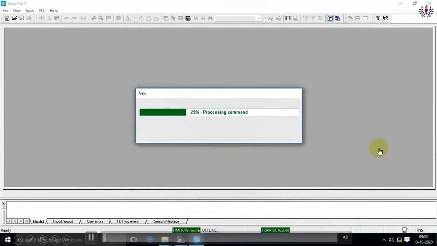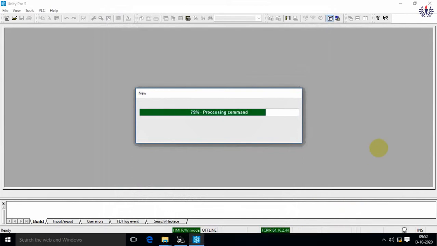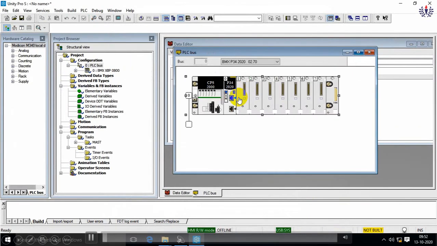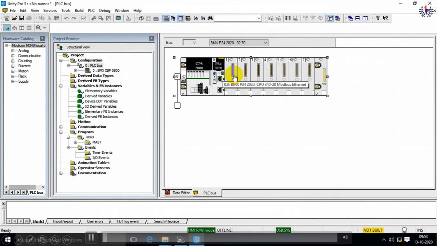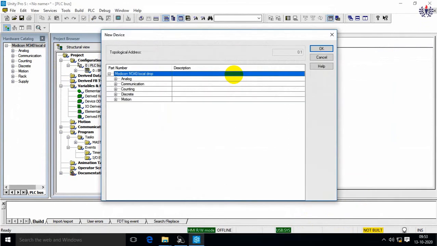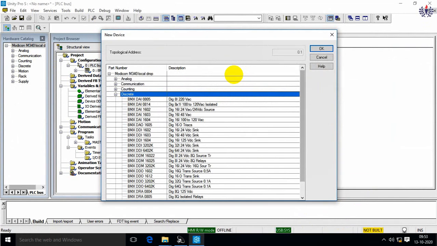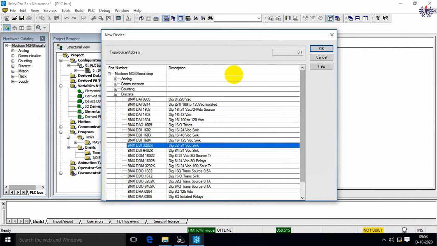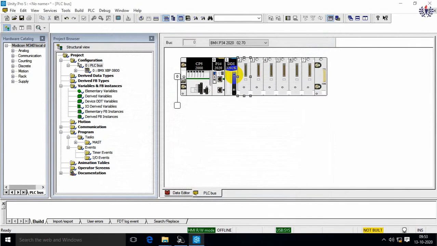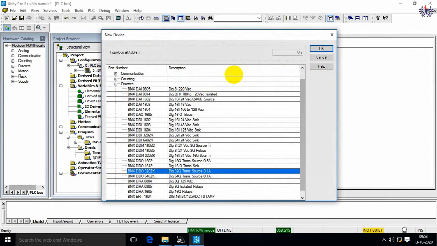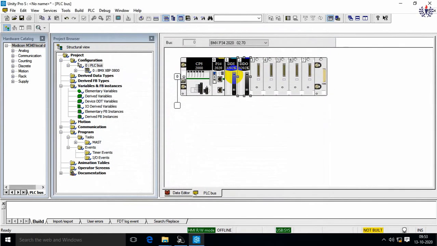so that later it will be displayed as the graphical panel board. In that I'm going to see the PLC bus. You can see that the P342020 is configured. Then I'm going to integrate the input module, that is DDI 3202K, because it is 32-bit inputs. Similarly, I'm going for the output DDO 3202K, which has 32 outputs.